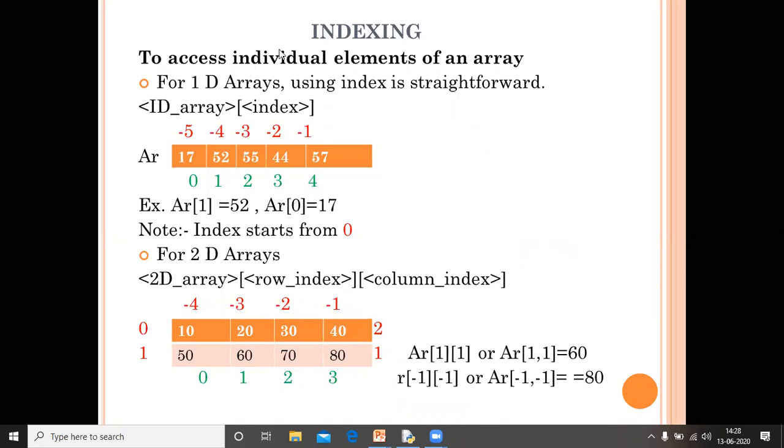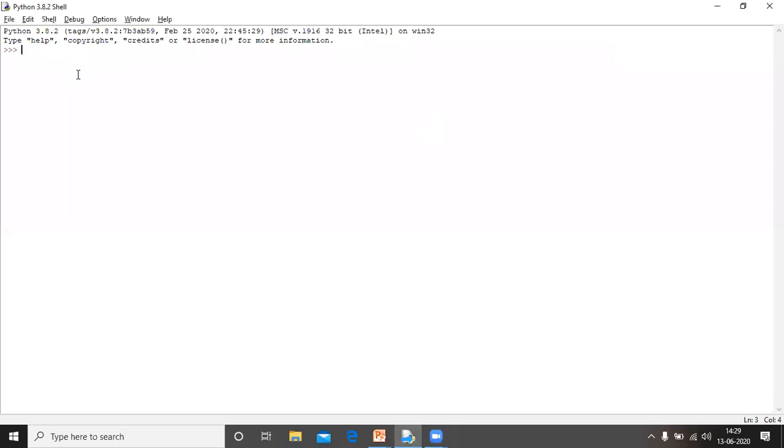Now just run the program in an interpreter. First we have to import numpy as np, then create an array equals np.array, then give the elements, starting with 22.